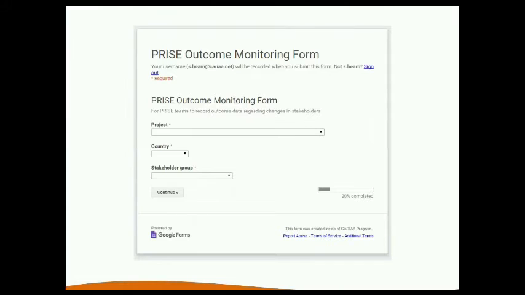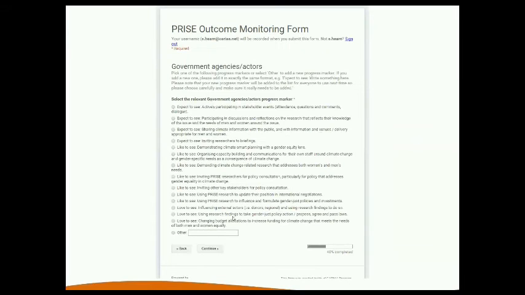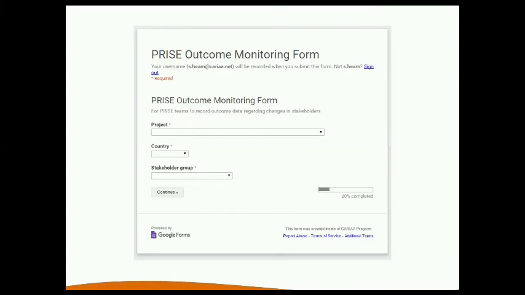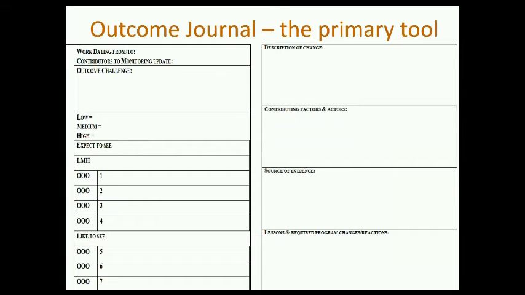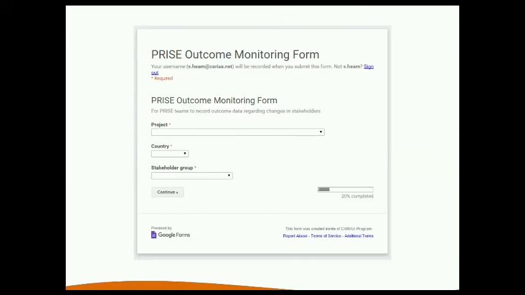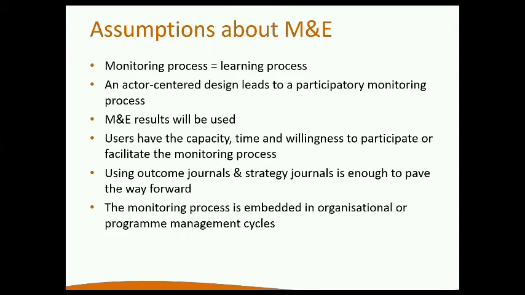But then every 6 months they had a cross-country team meeting to discuss the data, and it was all done online. The data collection was all done online. So this is just an example of how the form was slightly adapted from this setup, and it used Google Forms. But in a workshop or a further webinar as well, I can get into the nitty gritty of how that happened.